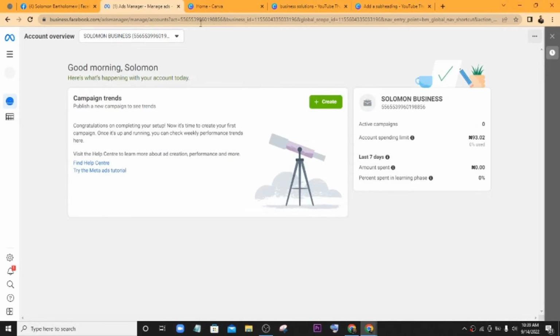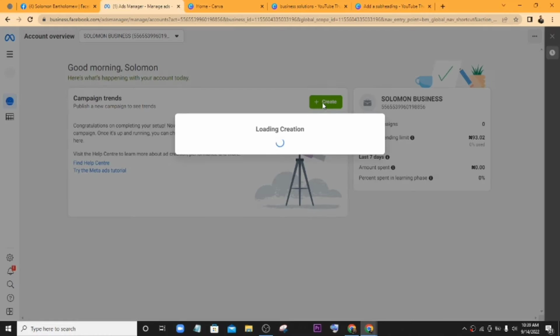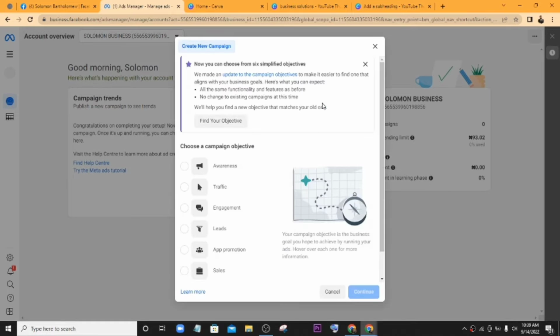So the first thing you want to do is go to your browser and search facebook.com/adsmanager. Okay. Alright, in the previous video I taught you how to set all of this up and how to bring you to this interface. I'll link that video, go and watch that and then you get that value. But right now we want to create our very first ad. So you just click on that create button there and then give it time to load.